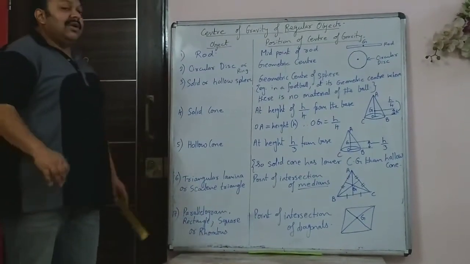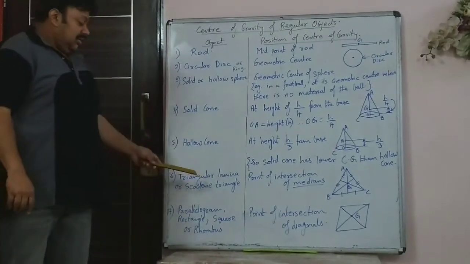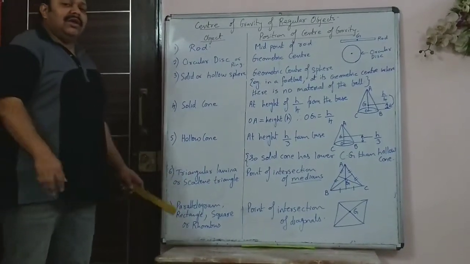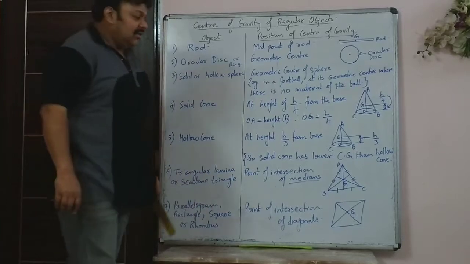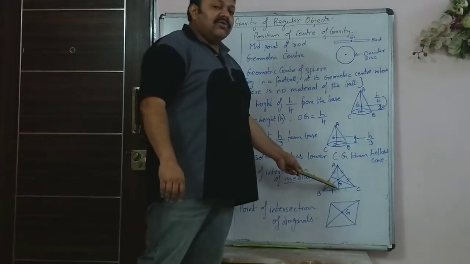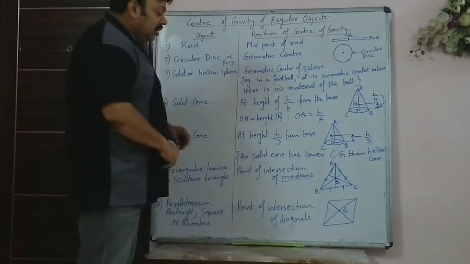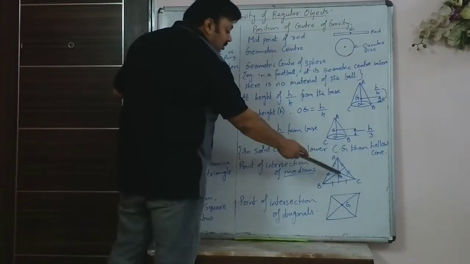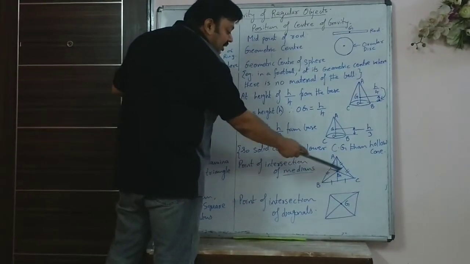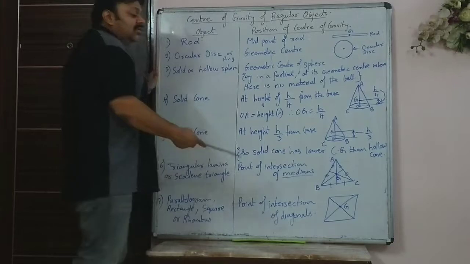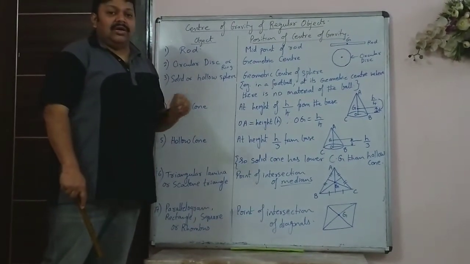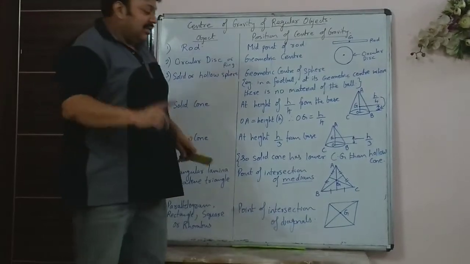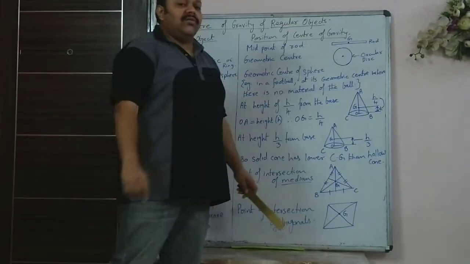Now triangular lamina means shape. Triangular lamina or in any scalene triangle or any triangle for that, not necessarily only scalene triangle, it is the point of intersection of the three medians. Median is from the vertex to the midpoint of the opposite side. There are three medians, so those three medians where they meet, that point in maths you have already learned is the centroid. The centroid is also the center of gravity.